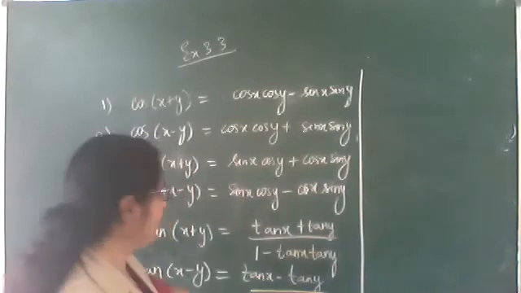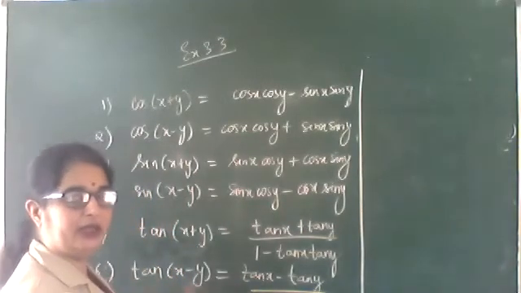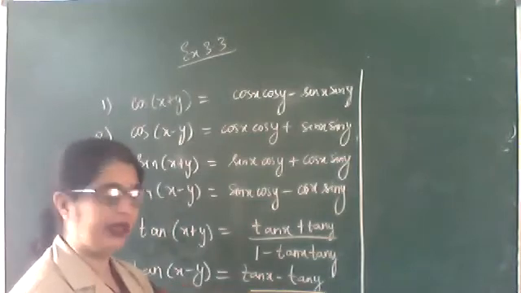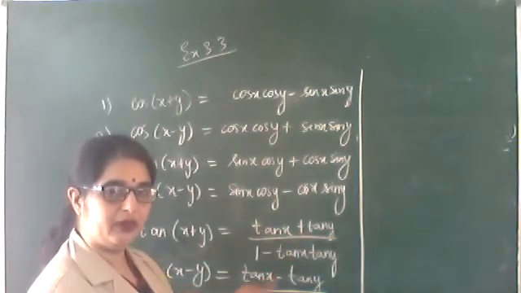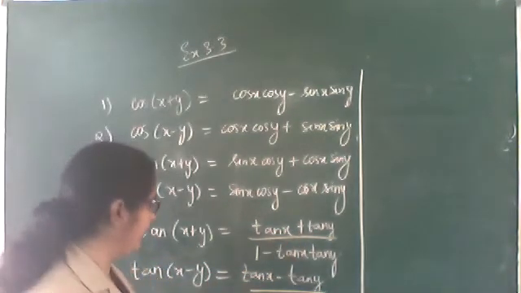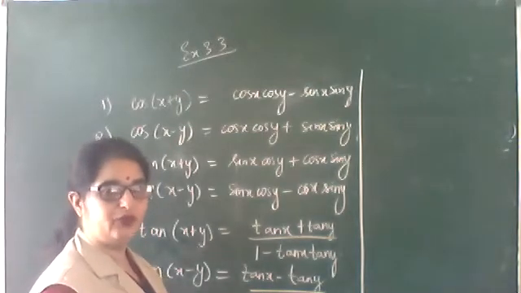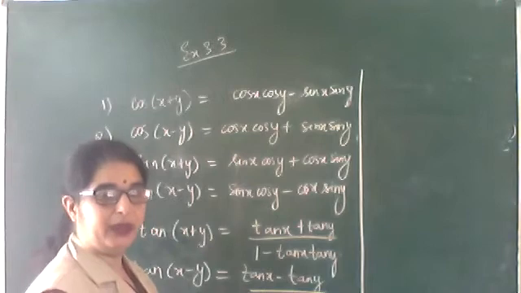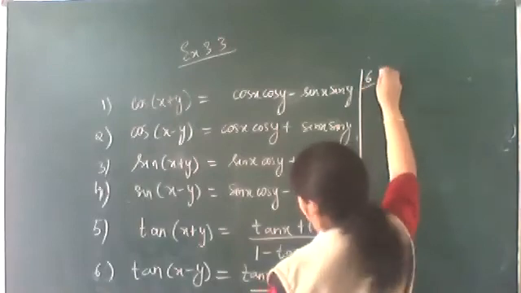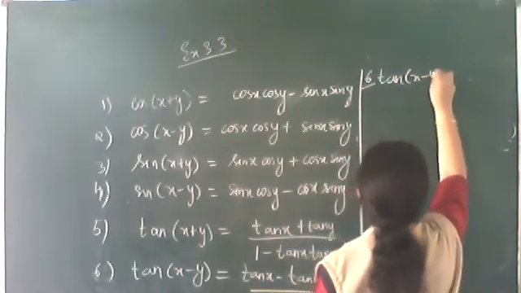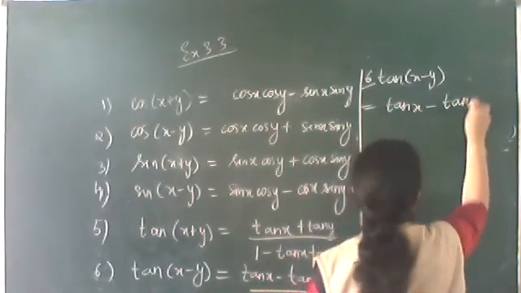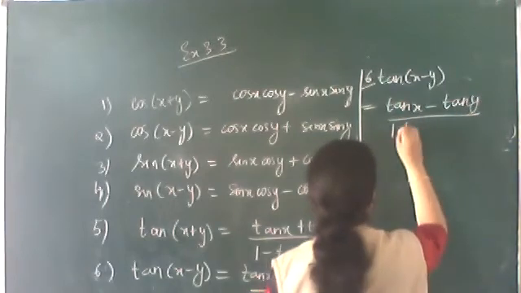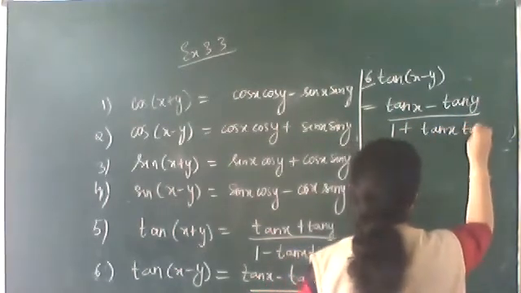In the denominator we are having 1 plus tan x tan y. If you have not written, tan of x minus y is tan x minus tan y upon 1 plus tan x tan y. Here, in x plus y, in the numerator we were having positive and in the denominator negative. Here in the numerator it is positive, and in the denominator, if it is not visible, note it down, 1 plus tan x tan y will be there. Or should I write it here again? I'm writing the sixth formula again. Tan of x minus y can be written as tan x minus tan y upon 1 plus tan x tan y.